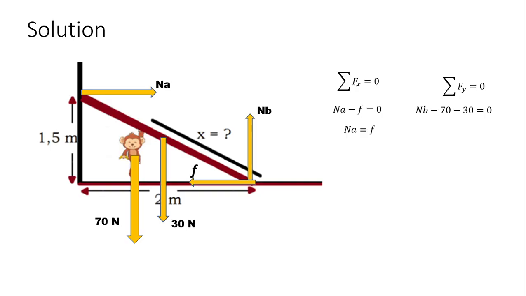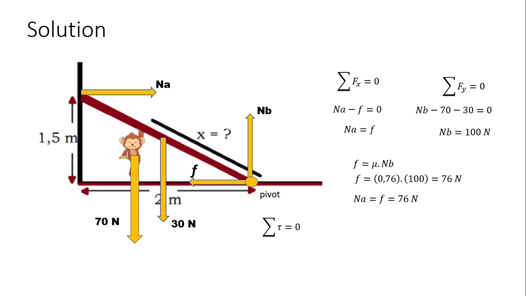And we figure out the normal at B is 100 newtons. And friction is the coefficient of friction multiplied by the normal at B. We got 76 newtons, which means the normal at A equals the friction, which equals 76 newtons. Now we use this as a pivot. Picking B as the pivot is very easy. Why? Because B has two forces, the friction and the normal at B. Because of that, we don't need to calculate them, since we pick the pivot at point B.